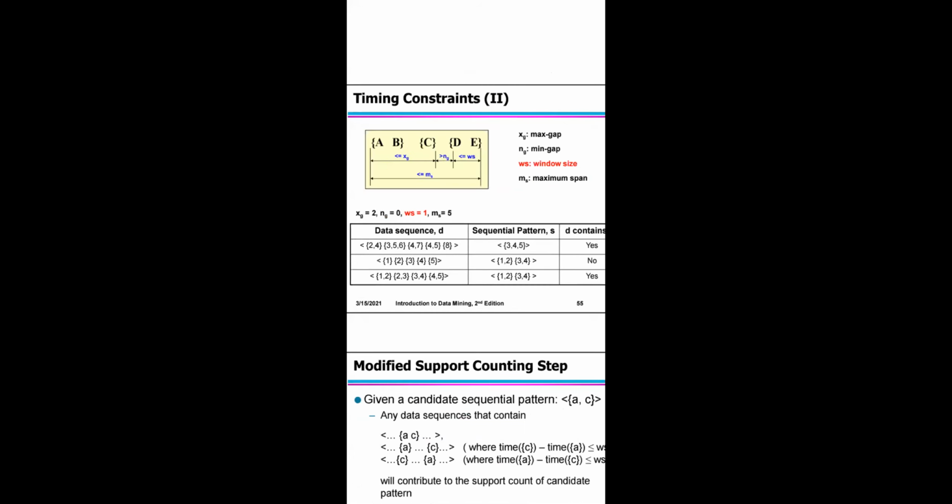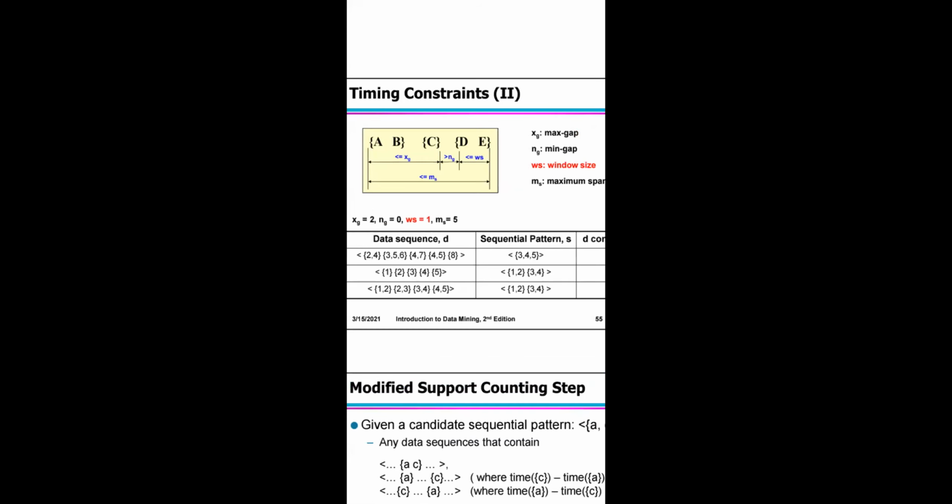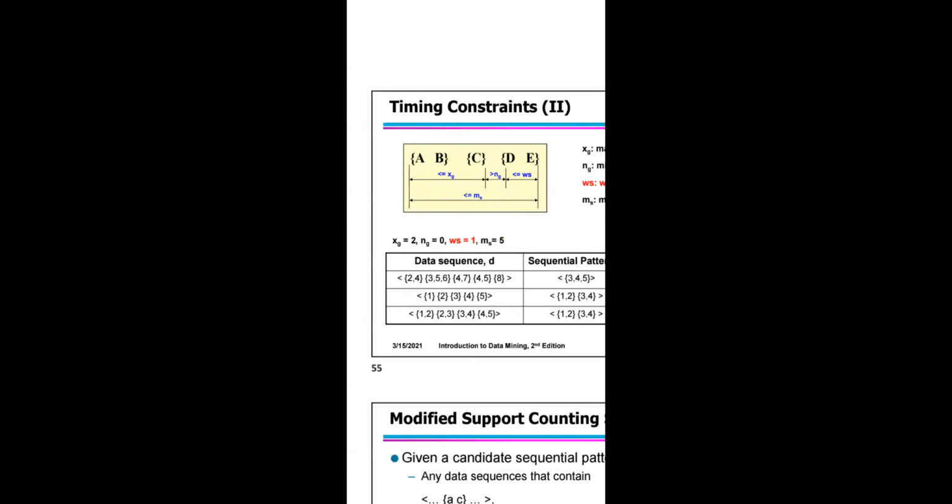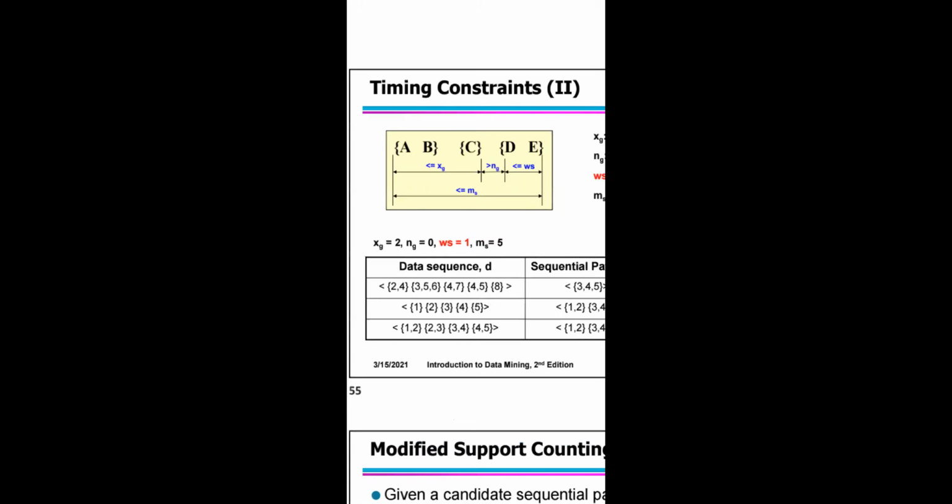See here how we can represent it in the following. This is the pattern you have to consider. The data sequence is A, B, C, D, E. AB is one item set, and C and D is another item set. So totally the items are A, B, C, D, E. So now we have to consider